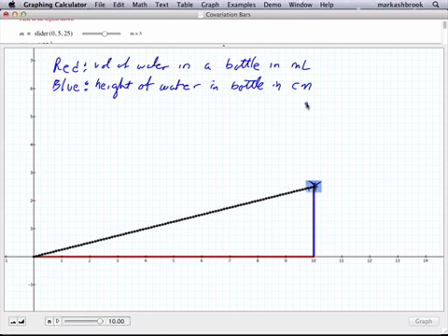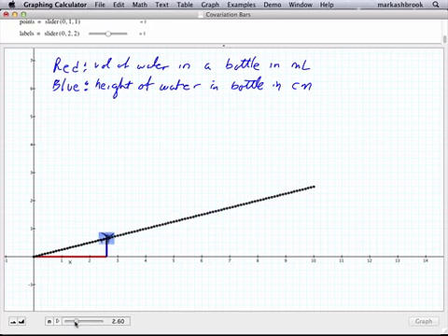And normally, what variable do we use? So x. You can kind of see it there. I'm showing that the length of that red bar represents the amount of water we put in, and that's x. So we're going to call it x. The height of the water in the bottle is in centimeters. Once x is chosen by us, then boom, that height is determined. So if I choose it to be 4.9, boom, the height of the water is,